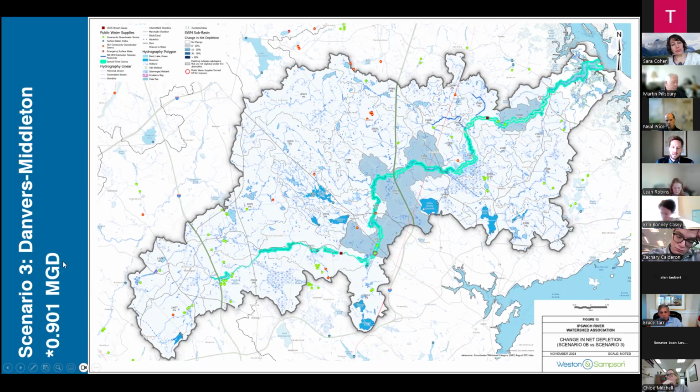Scenario 3 involves elimination of groundwater pumping from this well here. This is the Danvers Middleton scenario. It also involves the cessation of surface water withdrawals from 2 inline reservoirs. A reminder that the WMA tool does not model surface water explicitly. Surface water is not considered in the calculation of net groundwater depleted. So this map is slightly misleading. The majority of the benefit of this scenario is derived from the cessation of withdrawals from the reservoirs, but the WMA tool is only capable of looking at the benefits of changes to groundwater wells. Our model does have the